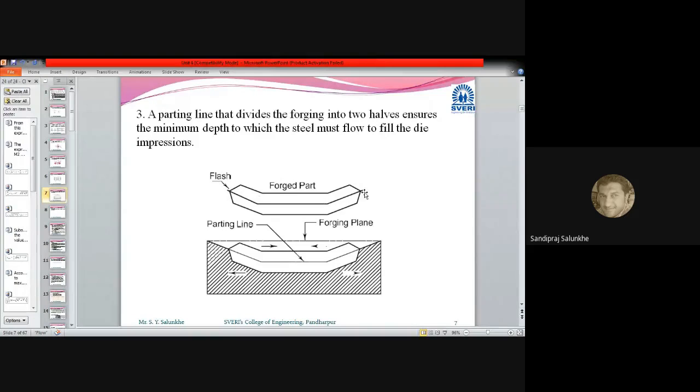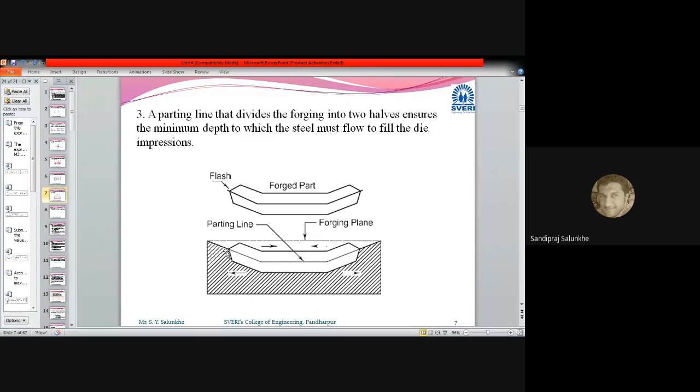So one line will be created, which is known as a parting line. And this parting line divides the forging into two halves, that is two parts. Basically, it is a single component. It is not assembled by means of two components, but it is a single part. But one sharp line is created due to that die and hammer. So we have to keep the minimum depth to which the steel must flow to fill the die